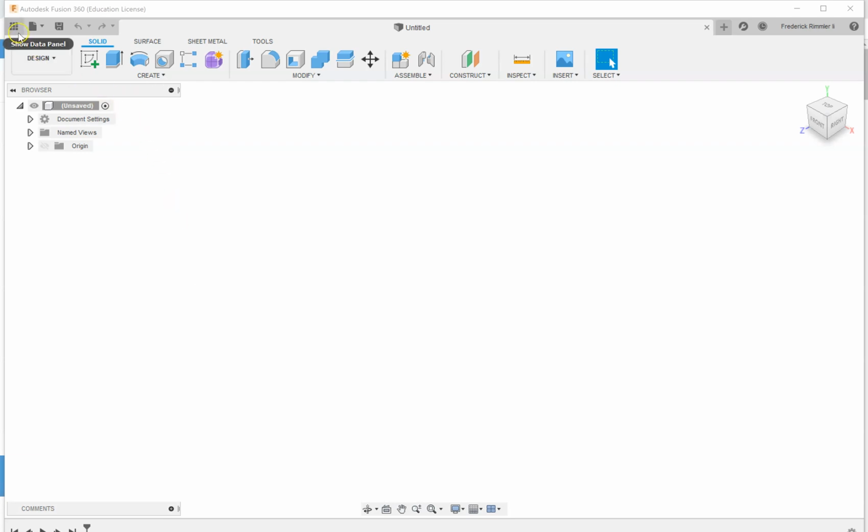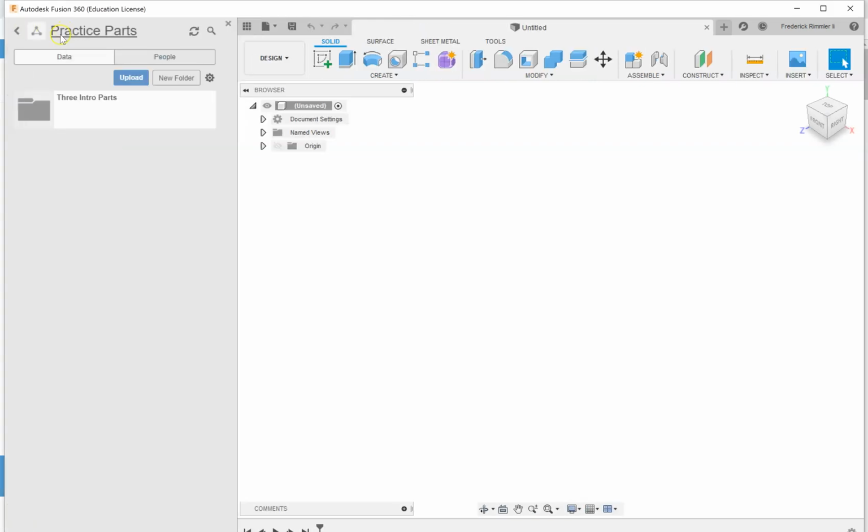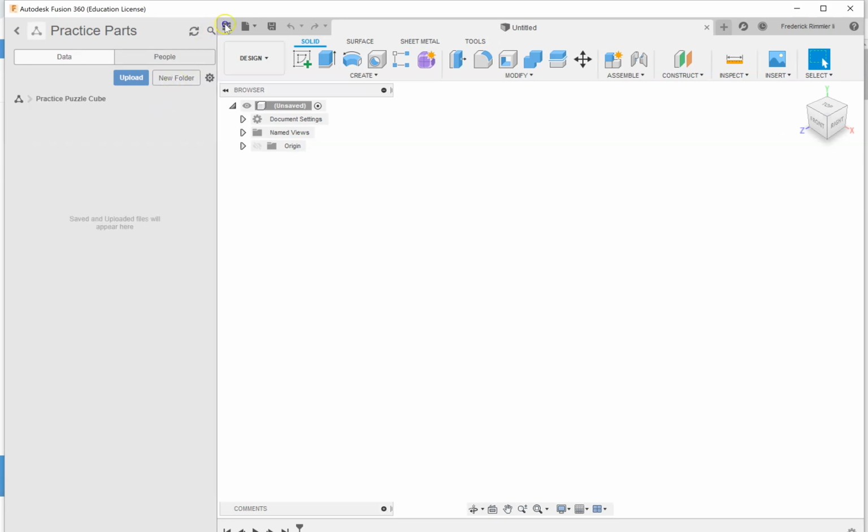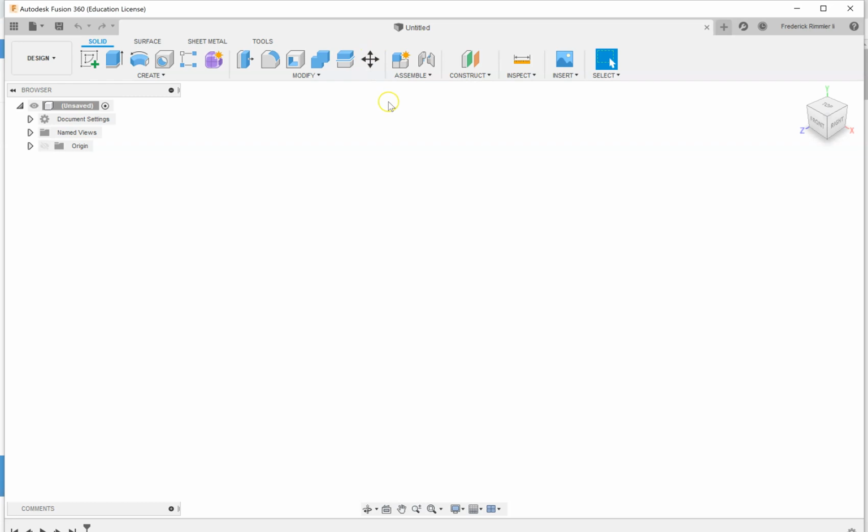Before we begin, I'm going to come up here to my data panel, and inside our practice parts project, I'm just going to click New Folder and call this Practice Puzzle Cube. This will allow us to keep a little better organization on some of our parts. Once I have that done, I'm going to come to my workspace and start